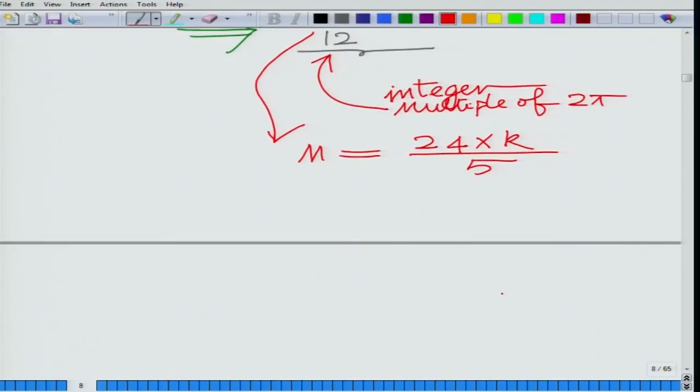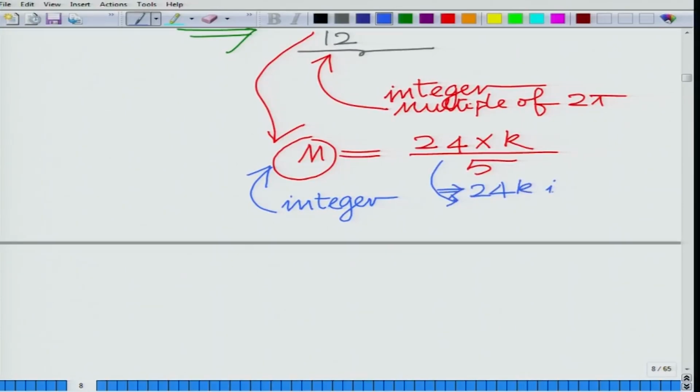Now, if you observe this, you will notice that m is an integer, which means 24k should be divisible by 5. Now, the smallest k for which this holds